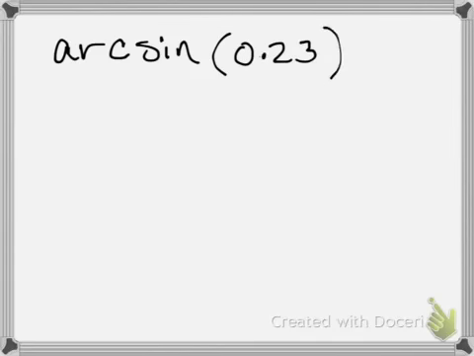So let's look at another one. Let's look at number 18. Number 18 says to find the arc sine of 0.23. Now, arc sine is the same thing as the inverse sine. So it's simply asking you to put that in your calculator, hit inverse sine 0.23. The directions say for the following exercises, use a calculator to evaluate each expression. Express answers to the nearest hundredth. So, depending on what setting your calculator's in, if I have mine in degrees and I hit second sine and punch in 0.23, I'm going to get 13.2